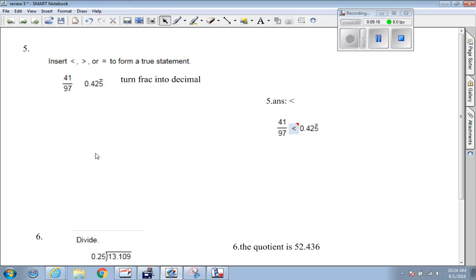All right, so to do that, I'm going to have to take 97 into 41. 41.0, of course. So you say, well, 97 into 4, I'll line up the decimal, into 410 goes about,